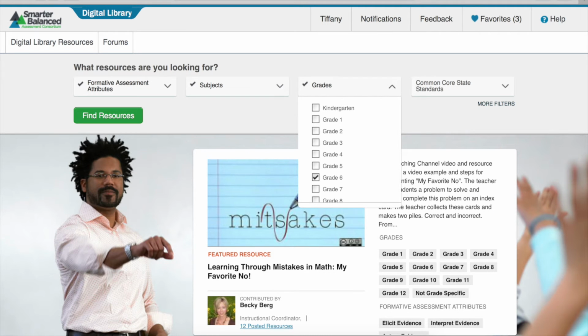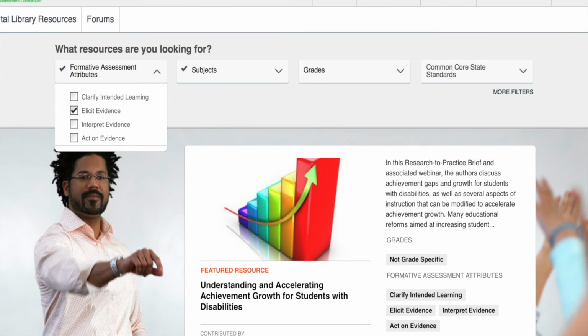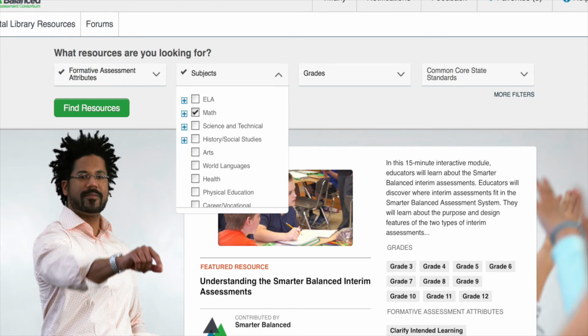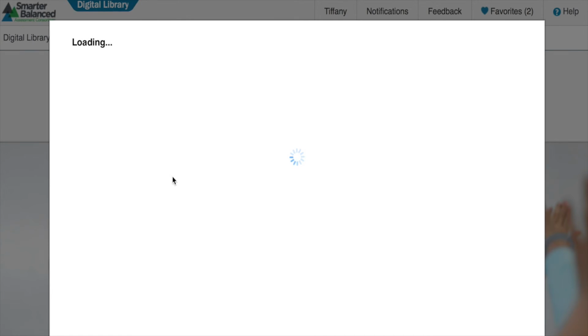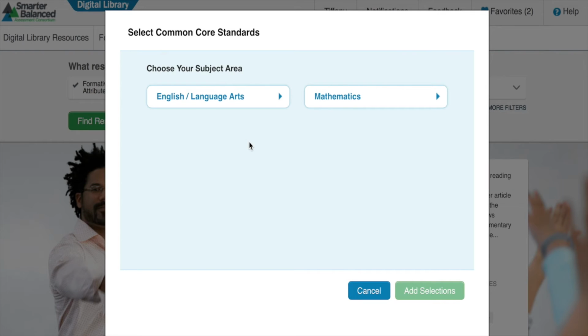Let's consider an example. Let's say you are a 6th grade teacher in need of an engaging lesson on ratios and proportions. We are going to set the filter for formative assessment attribute eliciting evidence because you want to see what learning your students produce. Decide which standard you are planning to teach, choose your subject area, then your grade level. In this case, let's choose